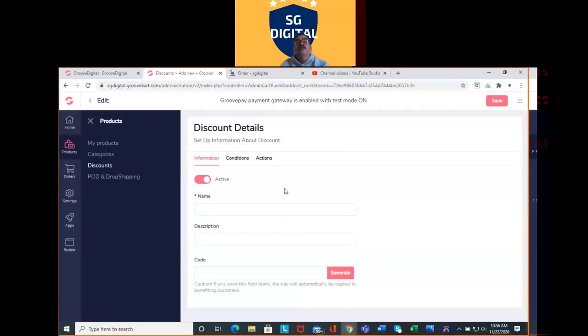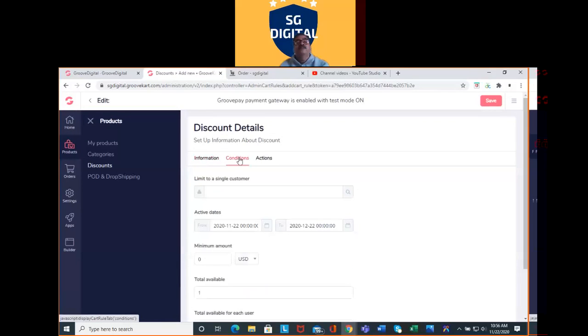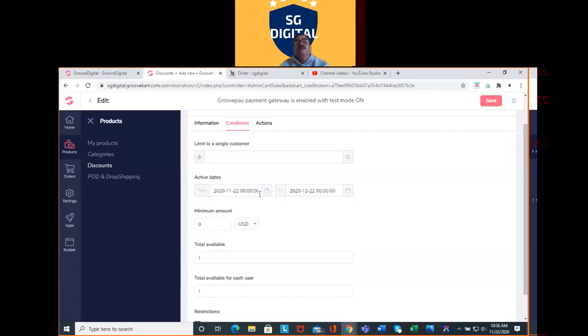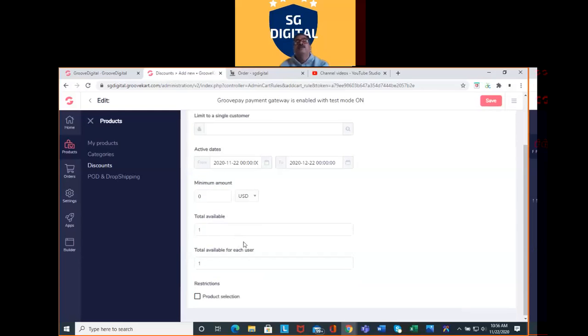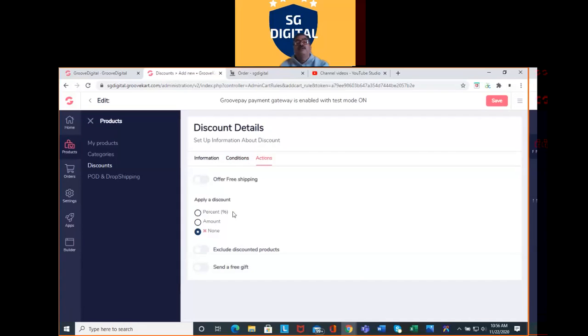This is the information. You can put the coupon code here, coupon name, coupon description and code, and generate the coupon. These are the conditions. Limit to a single condition, how many coupons. Then active date, minimum amount. This is the coupon action, percentage amount, and we can say.